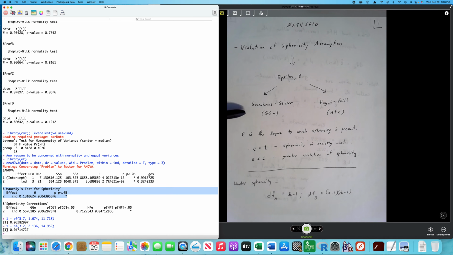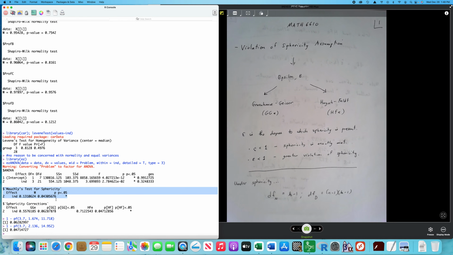Think of that kind of as a parameter value. Well, we can estimate it either using the Greenhouse-Geisser, which is given as GGE, or the Huynh-Feldt, which is, boy, I butchered that, which is the HFE. Now, under sphericity, and I'll show you in just a second, this is all about adjusting the degrees of freedom to calculate the p-values for the test. Again,